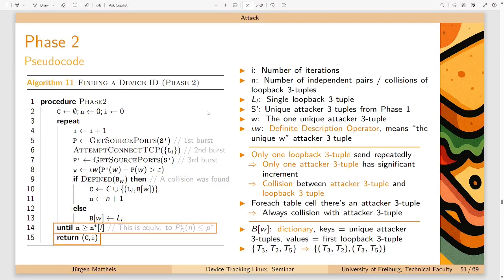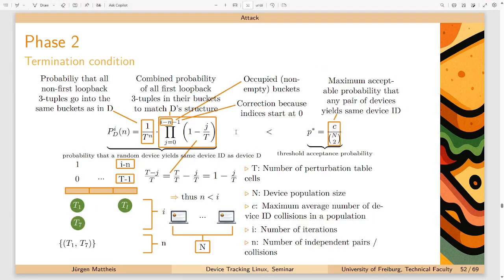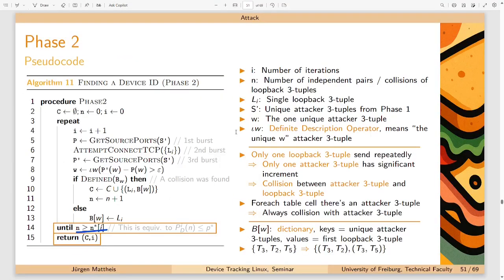And then at the end, we have a termination condition. And what this condition actually means, for time reasons, I won't have the time to explain it in detail, but if you're interested, I can explain this formula to you. But basically, what you want to test here is if your calculated device ID is so unique that the probability that a different